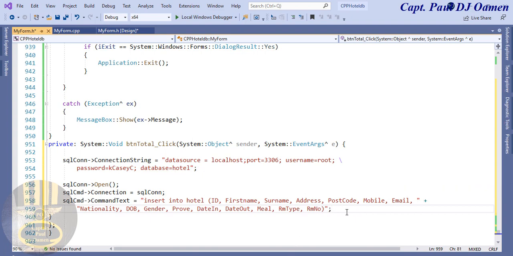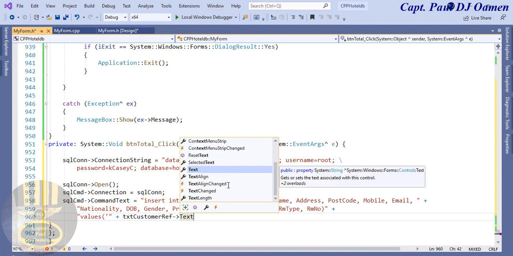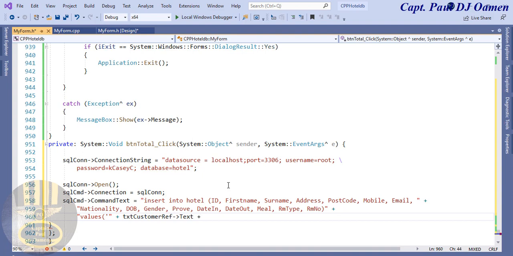Now I'm going to enter plus there. Okay, the next thing I'm going to enter will be the values. In this case, that's going to be the components. Okay, the first one, let's enter. We enter an apostrophe and a speech mark, and the first one is going to be plus txtCustomerRef.Text, and we enter plus, speech mark, then an apostrophe, comma, an apostrophe, speech mark, and the next one is going to be